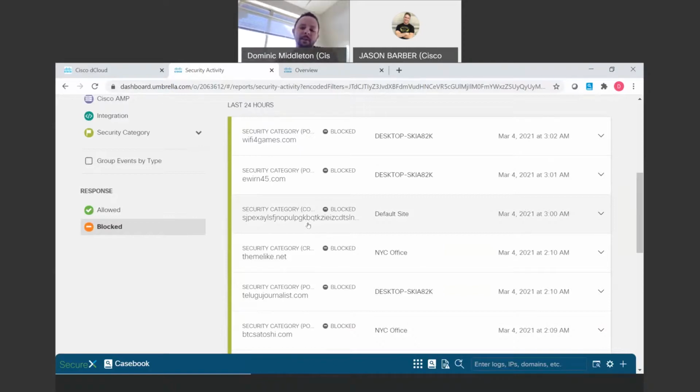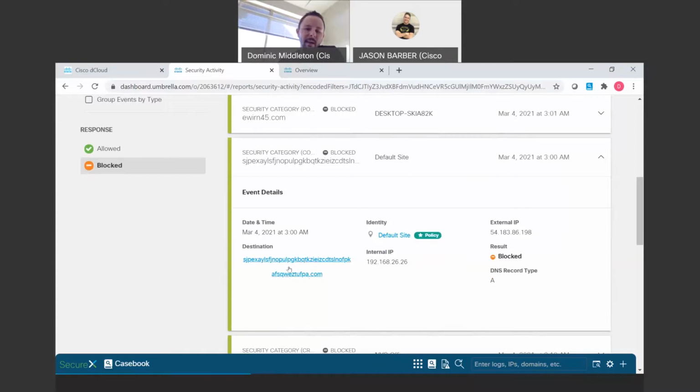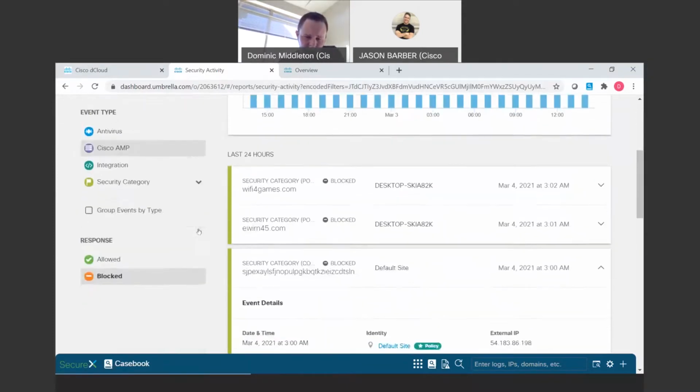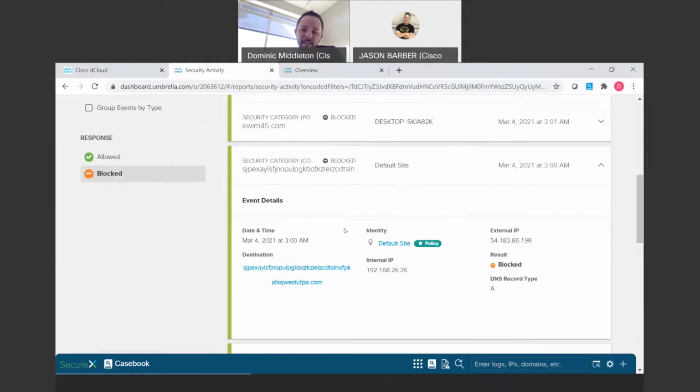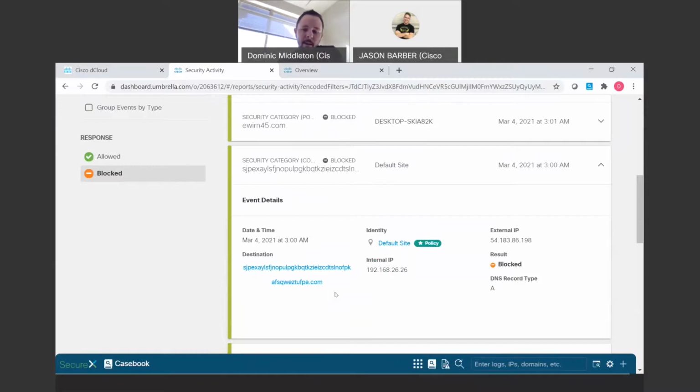But talking about a wider conversation, look at this URL right here that got blocked. If I'm a somewhat rational person, depending on what day it is, and I see this website, all this garbled stuff, that looks like nothing to me, right? Being a hopefully rational person, I'm probably not going to click on that because it looks a little bit sketchy. So why would somebody click on that? Well, if I dive into it, it might tell us, maybe not, but I can see that website. I could even take that website and drop it into Investigate here and get a readout on what exactly is going on behind the scenes. But because it's so garbled, so weird looking, it's probably not something someone clicked on.